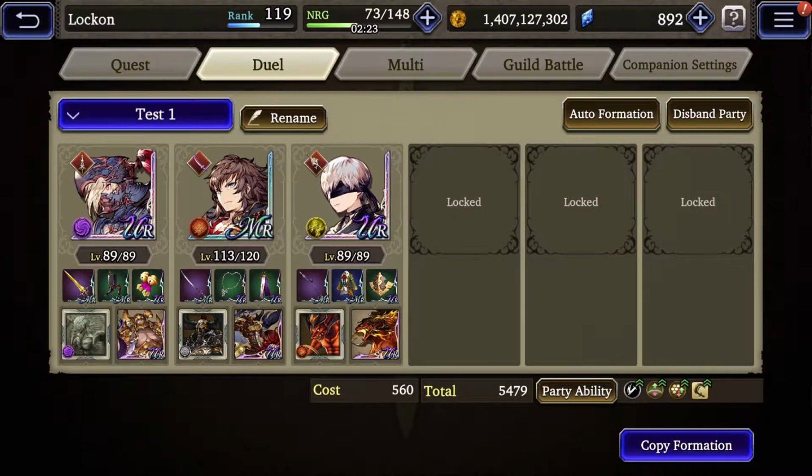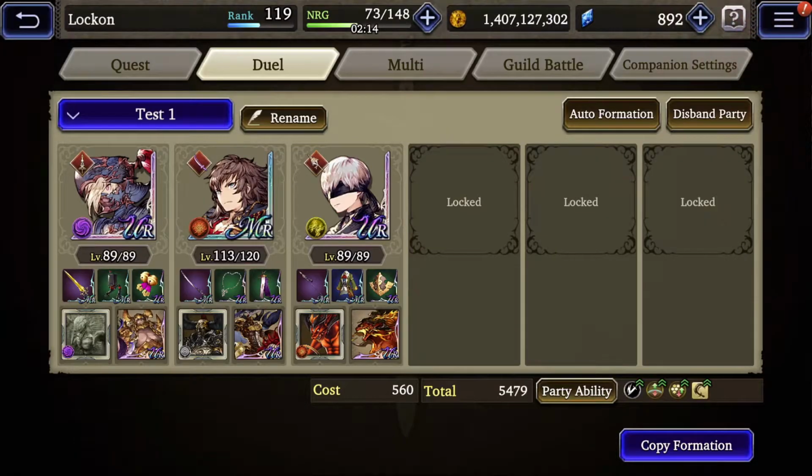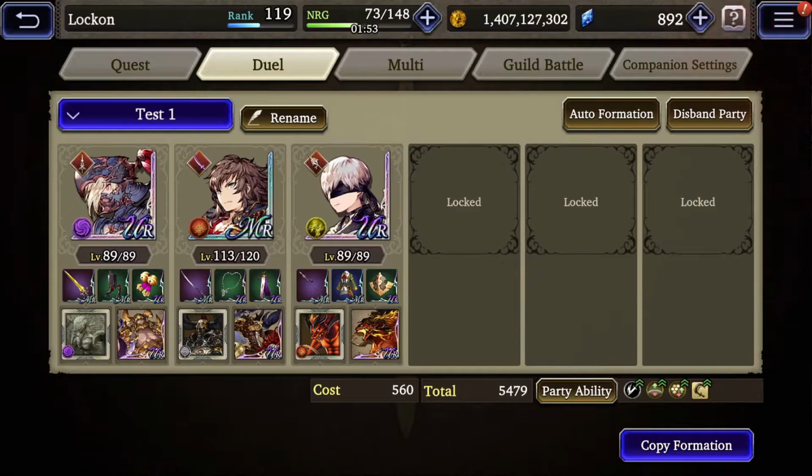I am running Odin on Seymour for that slash attack up and man-eater up, and then I am running Demon Wall on Dwayne for that light resistance and slash resistance. I am working on Omega, but I'm also waiting on tokens to level Omega up as well, so if I do get Omega, then maybe Dwayne will be stronger. And yeah,